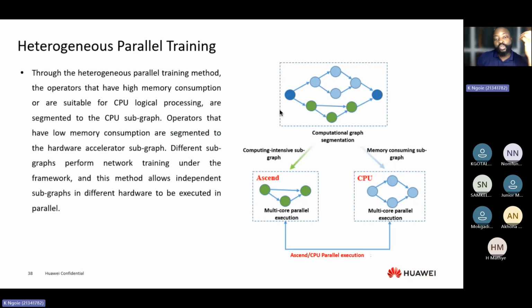So now, when it comes to training, we need to understand that we have different types of training. So basically, when we talk about heterogeneous parallel training, what we're referring to is the performance of this training. So we are optimizing the performance of this training in MindSpore. The performance optimization strategy in MindSpore is called heterogeneous parallel training. All right. So which means that we're going to split our neural network computation graph into different parts. Okay, so we basically have